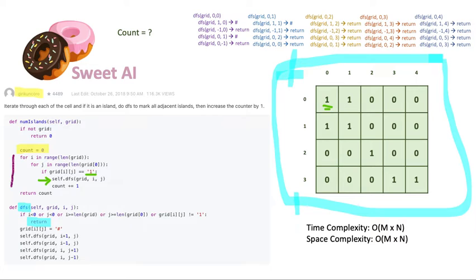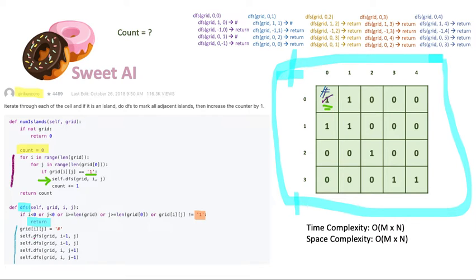And what we do if they are not 0, which means it's 1, we are going to change this to hashtag. And the reason is we are going this way to avoid duplication. If next time we get to this point by a recursive call of the DFS function, this is not 1, so we don't count this again over and over, right? And then what we are going to do is